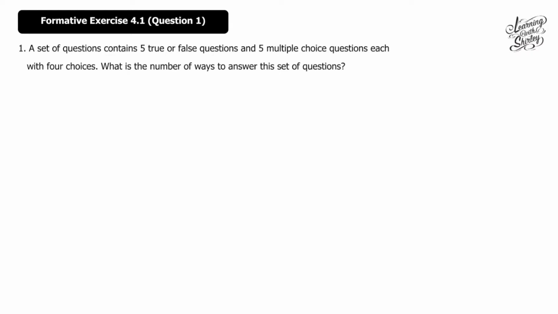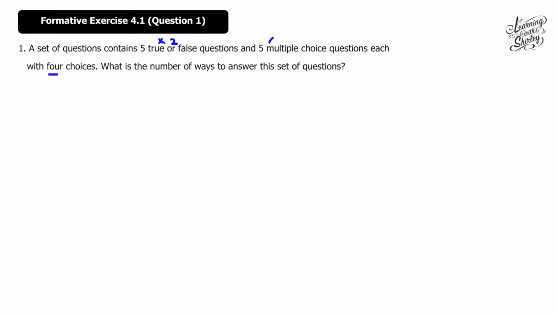Okay, let's look at number 1. A set of questions contains 5 true or false questions and 5 multiple choice questions, each with 4 choices. What is the number of ways to answer this set of questions? So here, true or false means there are 2 ways, and a multiple choice question each with 4 choices, which